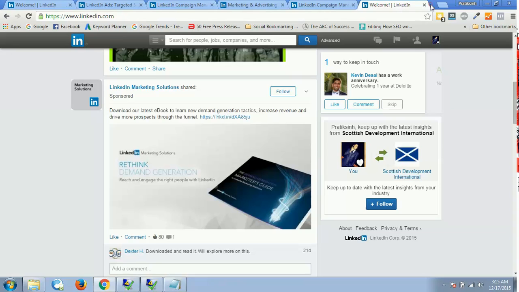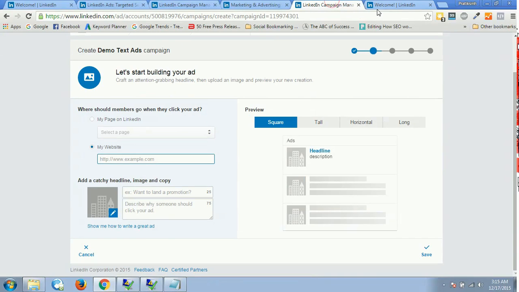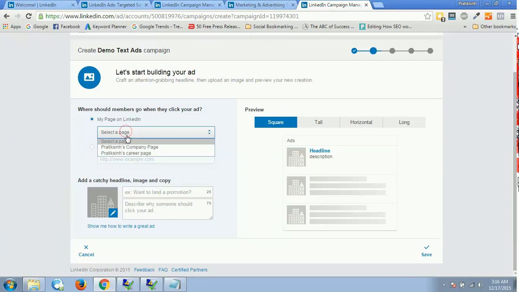Alright, so you have two options over here. When you are creating your advertisement, you have two options. Whether you want to land people, when they click on your advertisement, on a particular page on LinkedIn, which would be your company page, or you want to send them to a particular website. So for this demonstration I will say I want everybody to be on google.com